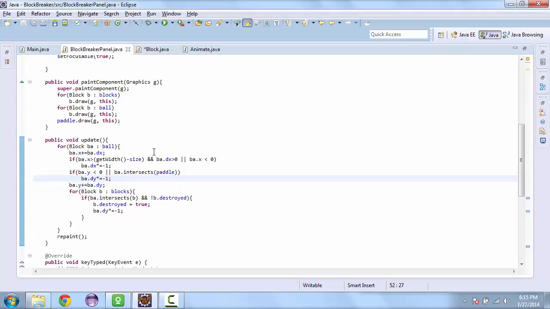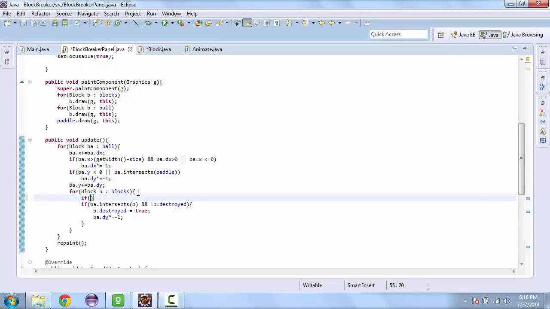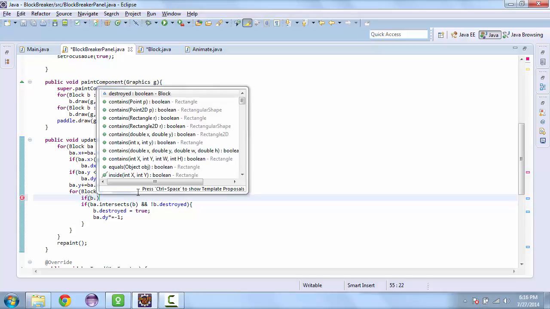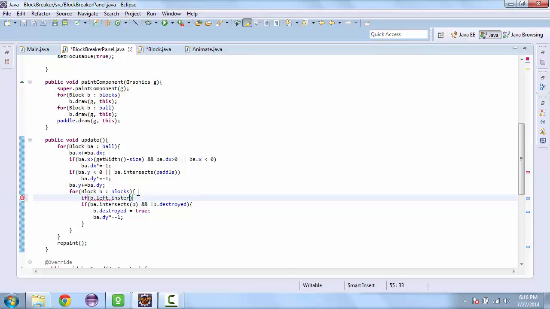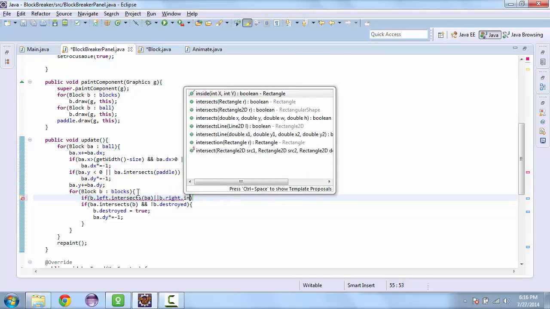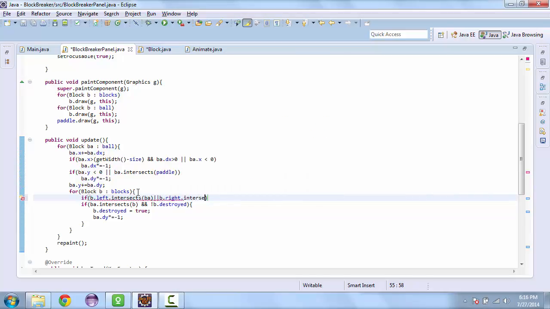And so now we need to go back to the update function and change our logic here so it recognizes the left and right rectangles on the block. So if B dot left intersects with the ball, or B dot right intersects, and B is not destroyed,